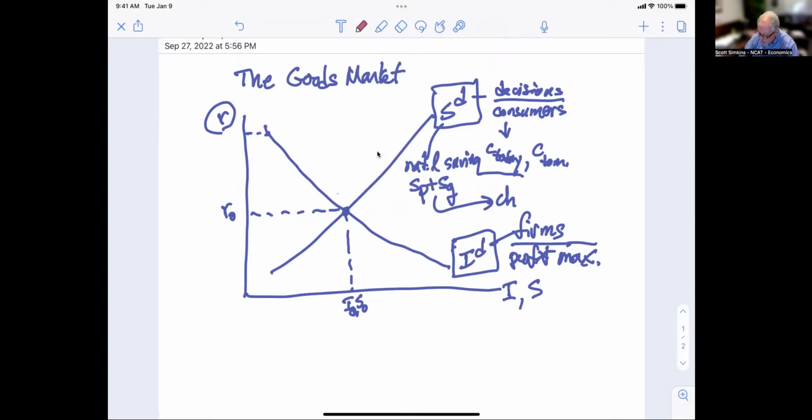So if something happens to cause consumers, for example, to reduce their level of saving, then for a given level of interest there's now less saving. That's a leftward shift. Shifts are right and left in this market. So less desired saving is going to lead to an equilibrium